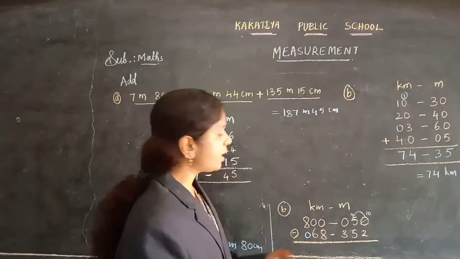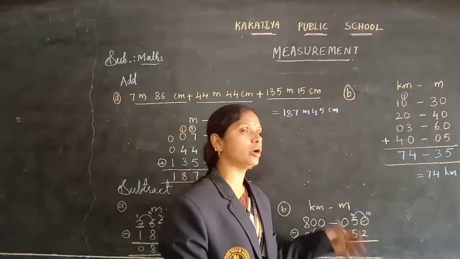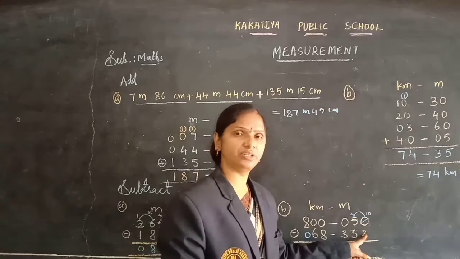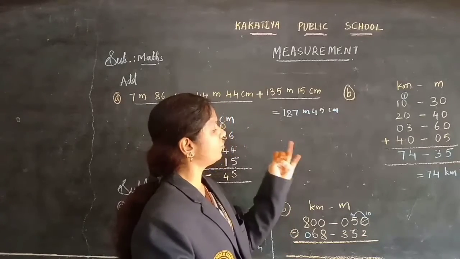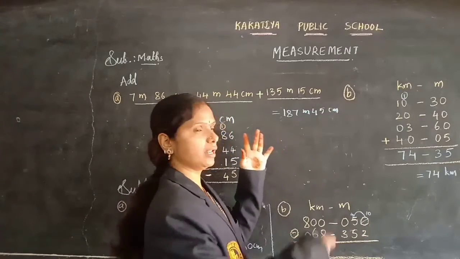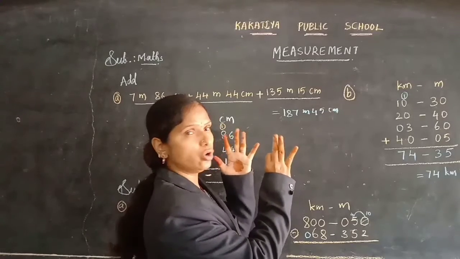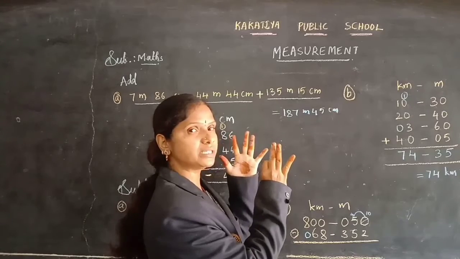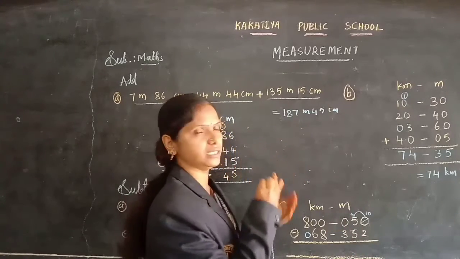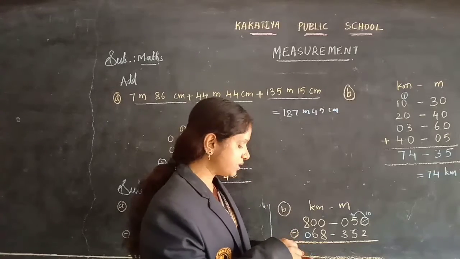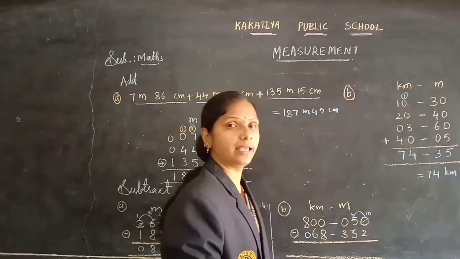Yeah, children, 10 minus 2. 10 minus 2, is it possible here? Yes, 10 minus 2. How much you will get? You start counting after 2, children, to reach the 10. 2 after 3, 4, 5, 6, 7, 8, 9, 10. Reach, no? So to reach the 10, how many numbers are required? 1, 2, 3, 4, 5, 6, 7, 8. 8, children. So 8 numbers are required to reach the 10, or else 10 minus 2 is 8.